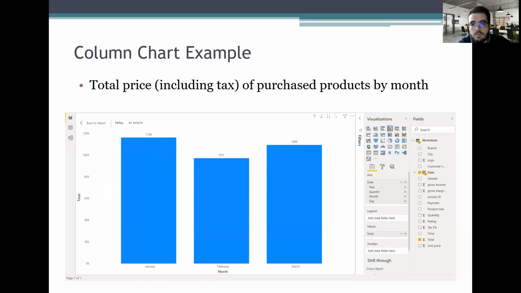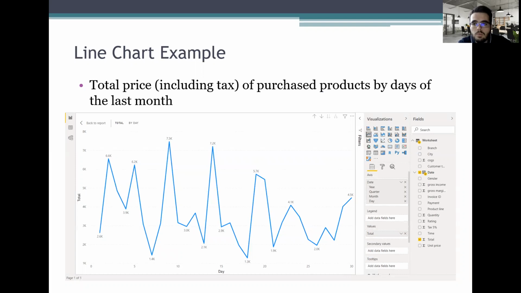Like, for example, in the previous slide, we had March as the last one, so we assume that we are going to have 31 records of purchases, one for each day. And this is why a line chart will suit the most,